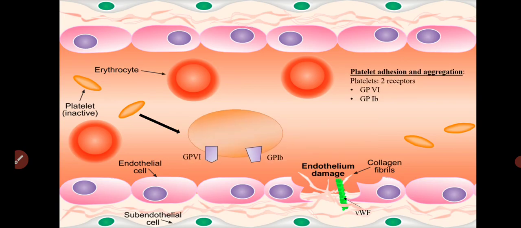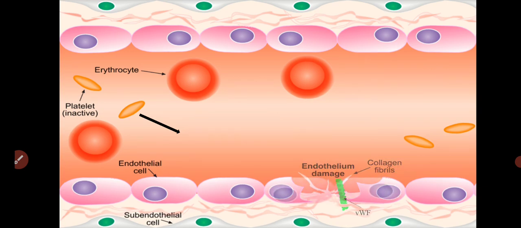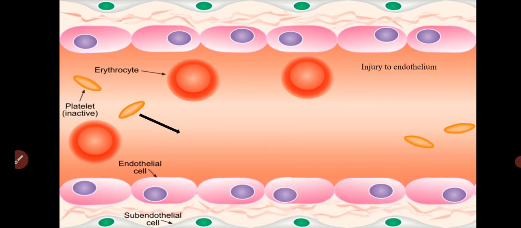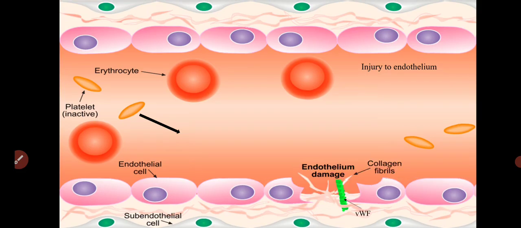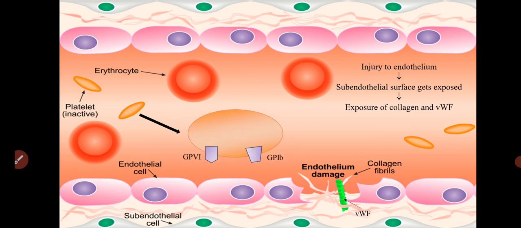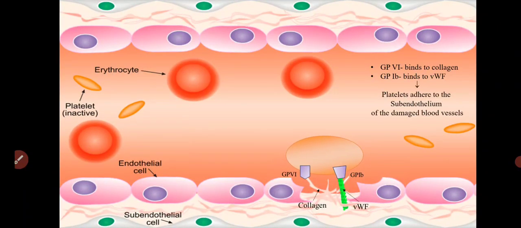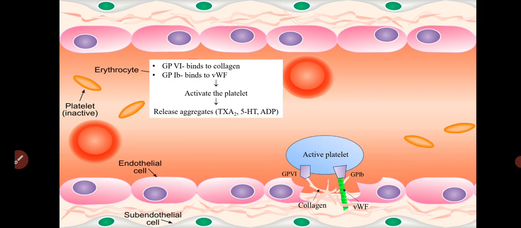So let's see the platelet aggregation. Platelets have two types of receptors, that is glycoprotein 6 and glycoprotein 1b. Whenever there is an injury to the endothelium, the subendothelial surface gets exposed. So there is exposure of collagen and von Willebrand factor. The glycoprotein 6 receptor present on the platelet binds to this collagen, and glycoprotein 1b binds to the von Willebrand factor, and the platelets adhere to the subendothelial surface of the damaged blood vessels, which activates the platelet, and there